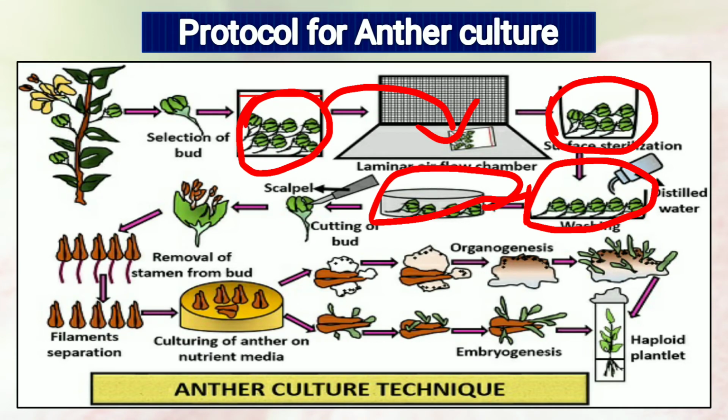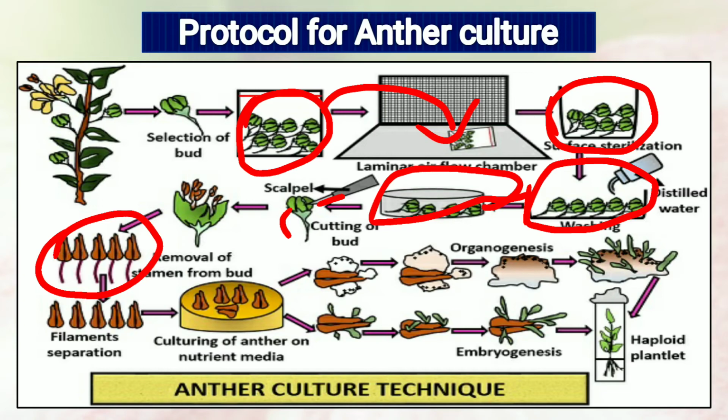Then to remove the anther, slice the side of the buds with a sharp scalpel and remove the outer covering with the help of a pair of forceps, and place the 5 anthers with the filaments in the anther petri plates. Remove the 5 stamens or the anthers. During the excision of the anthers, special care should be taken to ensure that they are not injured in any way.